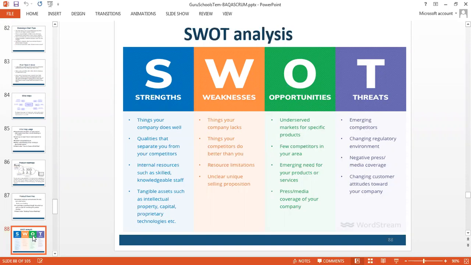So I need to categorize my requirements into these 4 blocks so that I can understand and correlate them to the main business goal, the main business vision, right? When I say strength, I mean internal resources such as skilled, knowledgeable staff.